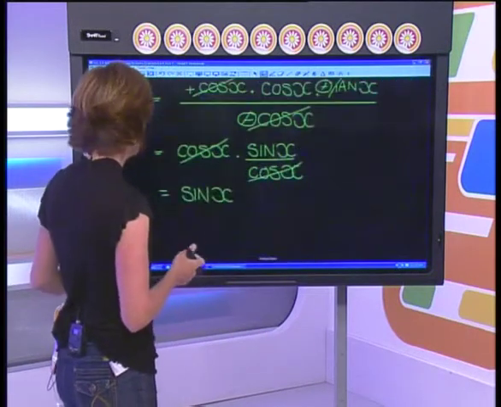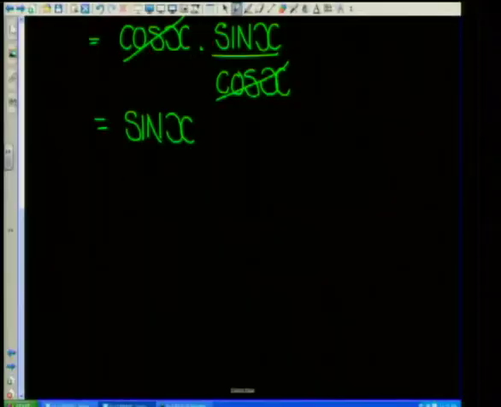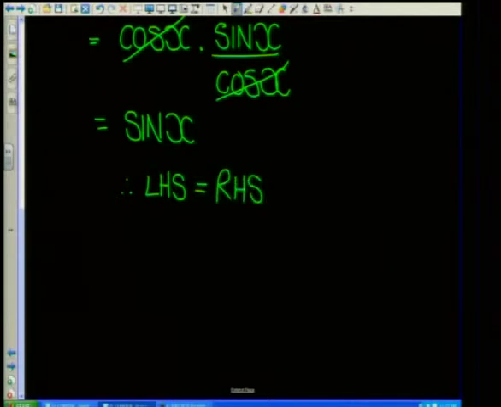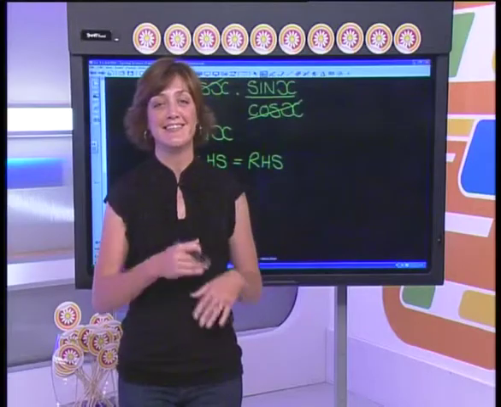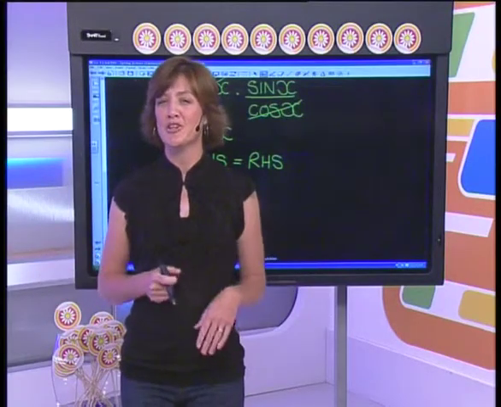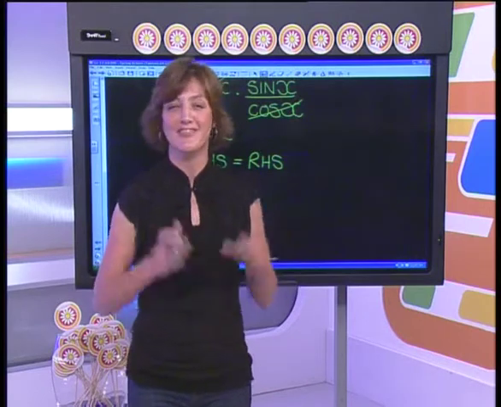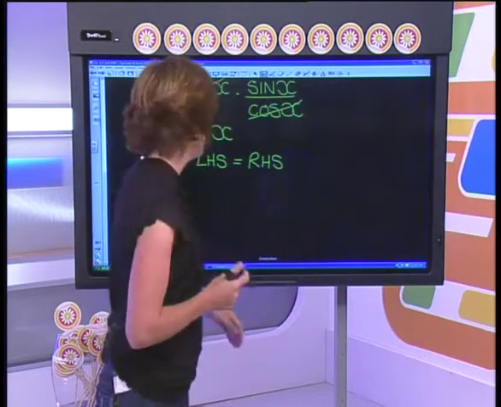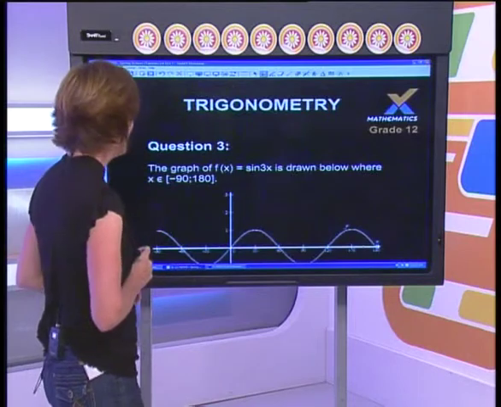So please make sure you finish off with your statement that therefore your left-hand side is equal to your right-hand side. Okay. What's really nice about those trig identities is when you're proving them, you always know when you're right. So that's always a nice thing to know when you've got it, and that's always a nice feeling.